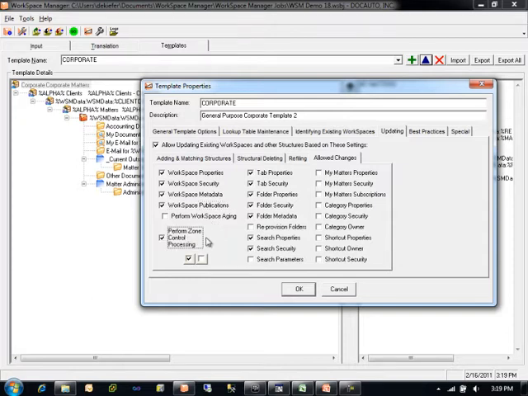Zone control is also regulated within the Allowed Changes section of the Updating tab. This is where specific structures or child structures within a workspace can be removed based on